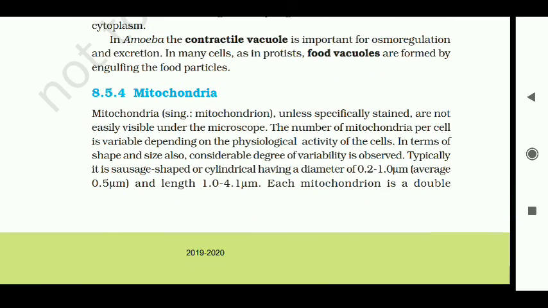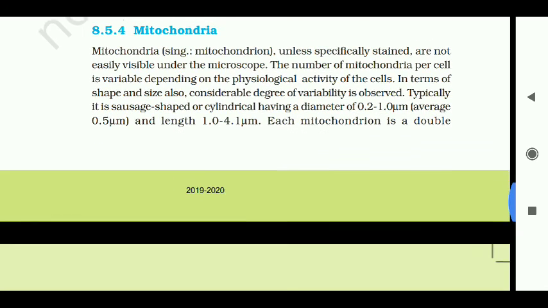8.5.4 Mitochondria. Mitochondria, singular mitochondrion, unless specifically stained, are not easily visible under the microscope. The number of mitochondria per cell is variable depending on the physiological activity of the cells. In terms of shape and size, also, considerable variability is observed. Typically, it is sausage-shaped or cylindrical, having a diameter of 0.2 to 1.0 micrometer. Average is 0.5 micrometer and length is 1.0 to 4.1 micrometer. Each mitochondrion is a double